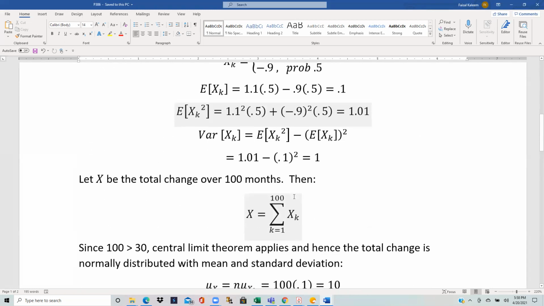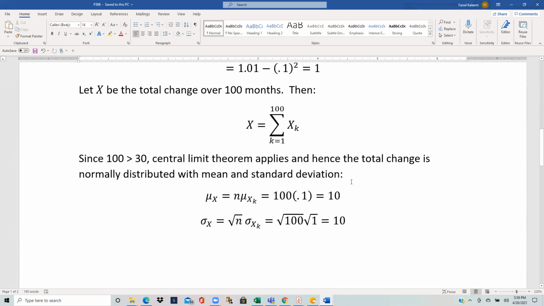So if xk is the change in month k, then the total change will be the sum of all those changes over the 100 months. Let's call that total change x. And now we use the central limit theorem. We don't know how this change is distributed, but since we are talking about 100 total changes, which will happen in 100 months, and that is greater than 30, we use the central limit theorem, which says that the sum of more than 30 identically distributed independent variables,